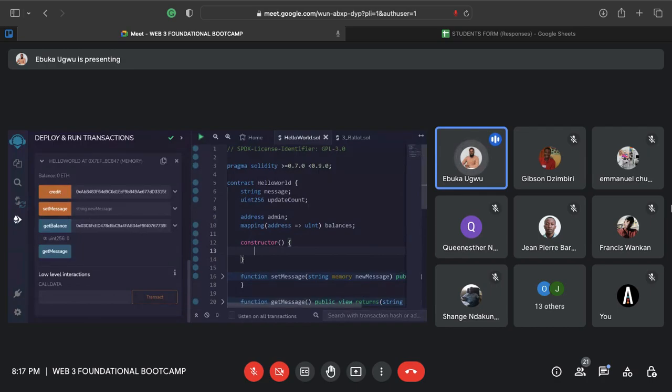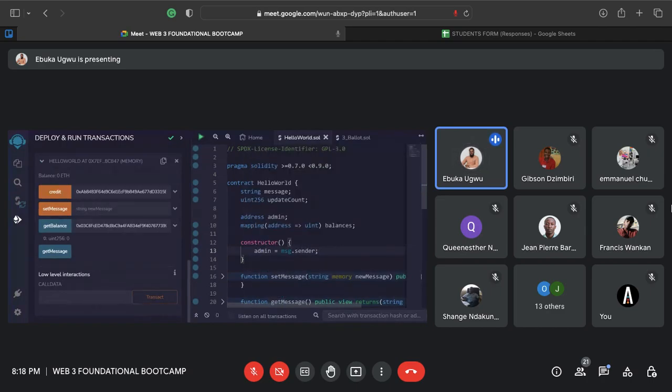So what that follows to say is that whenever I click deploy on this compiled contract, essentially I'm calling the constructor function, right? The transaction happening in this constructor is what happens when I deploy this contract, right? And what do I want to do in this constructor? I want to essentially say my admin is equal to